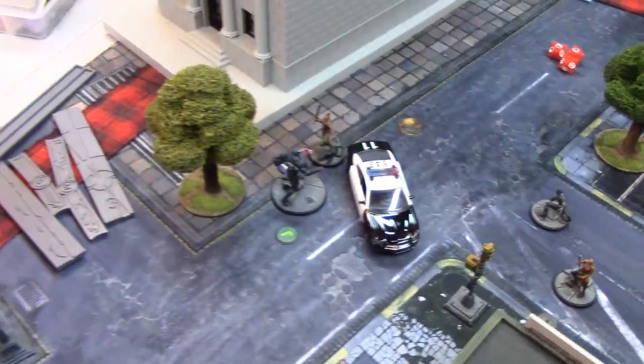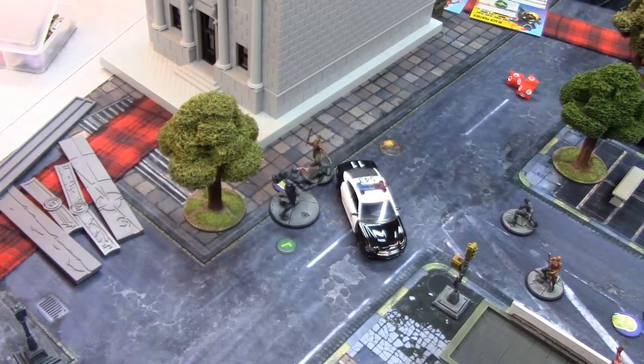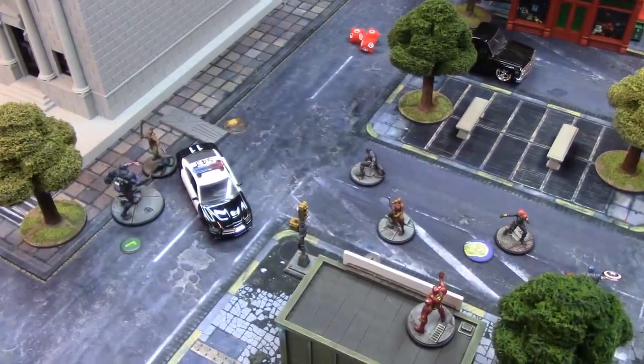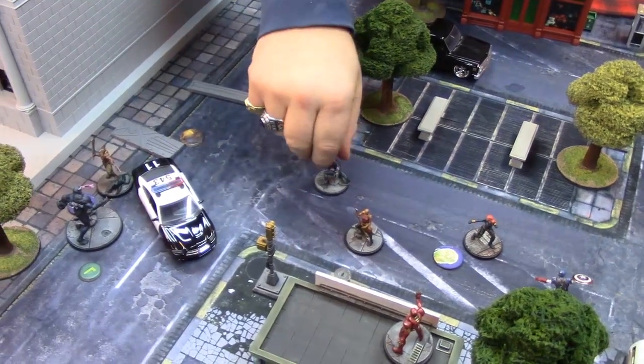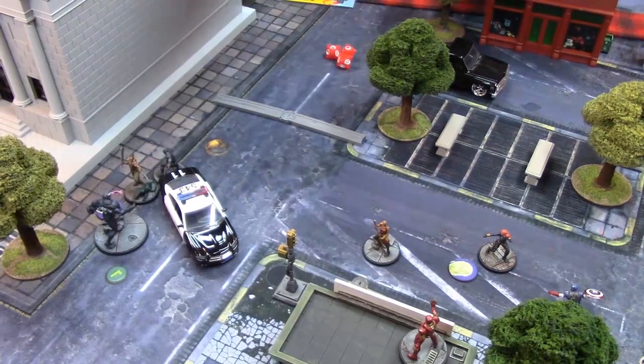So he's going to go... Actually... Yeah, he's not going to do anything else. So he's done. Black Panther is going to be your next activation. What are you going to do with him? Well, first of all... Yep. I'm going to move Black Panther up. Yep. Just put him within range 1 of said...